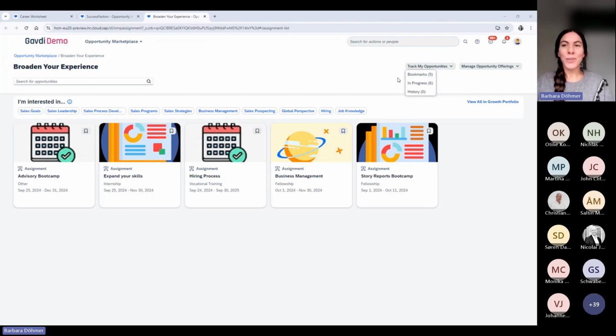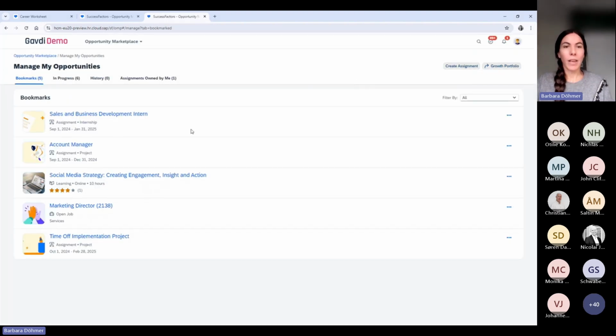So let's go to the opportunities that I've bookmarked. Any opportunity that you bookmarked, as I said, will be on the bookmarks shelf, and you can decide whether now is the right time to go after that opportunity, or perhaps it's not yet, or it's not relevant anymore to you, and you can either apply for the opportunity or bookmark it.